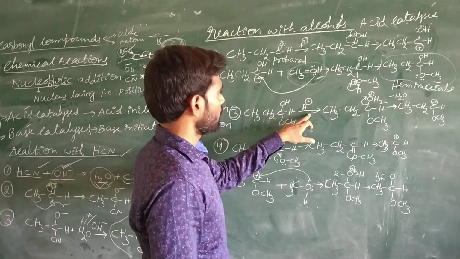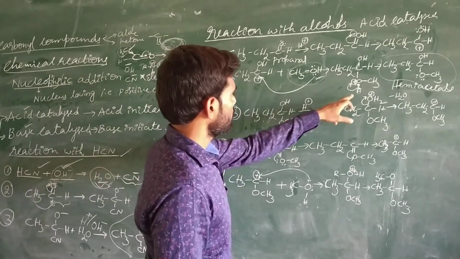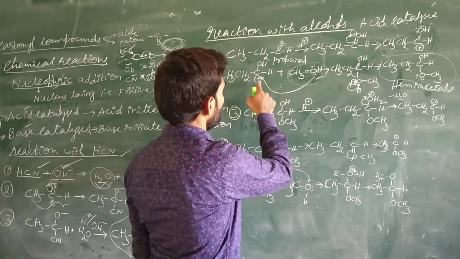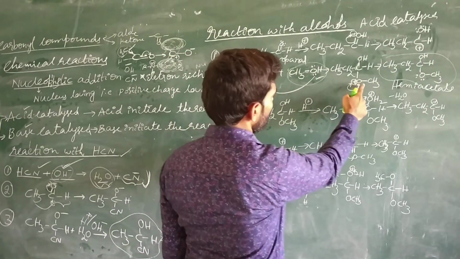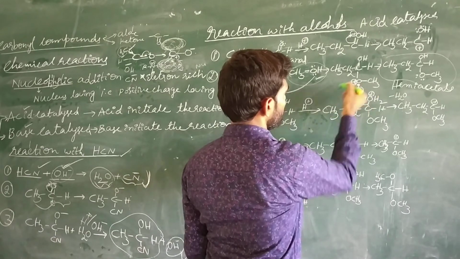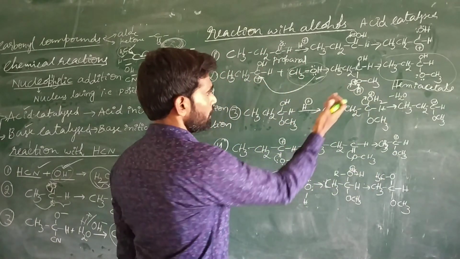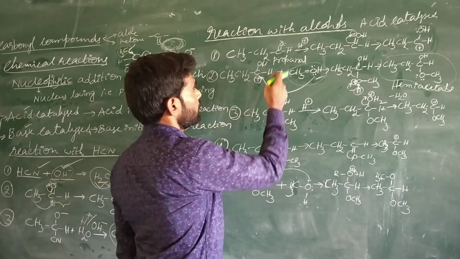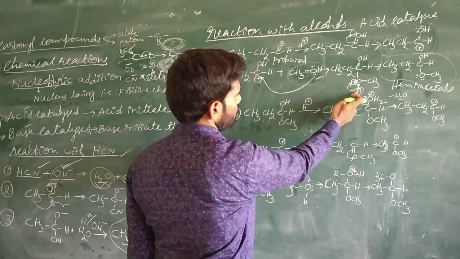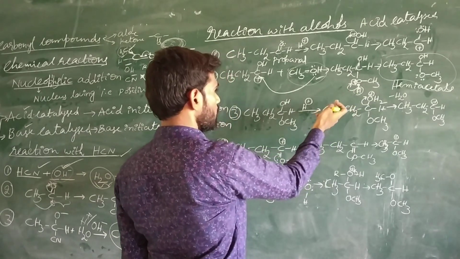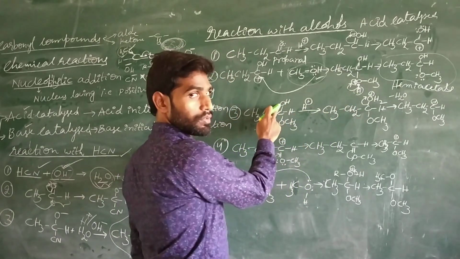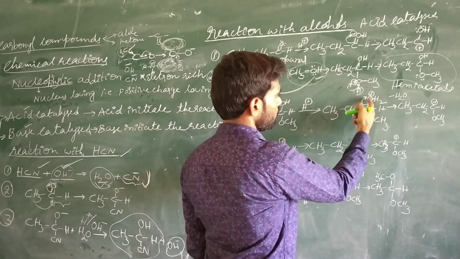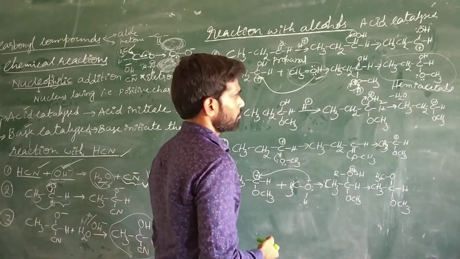Now in this case, when methanol reacted with the carbon atom, oxygen got negative charge, and again that H plus is liberated. That liberated hydrogen again reacts with this oxygen atom. Now we added the H plus ion, and that H plus ion is liberated into the solution. Again that liberated H plus ion reacts with the OH. Now what happened here? Again oxygen is getting positive charge, and